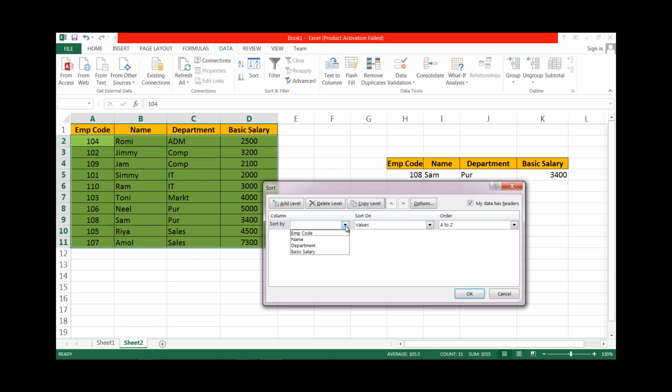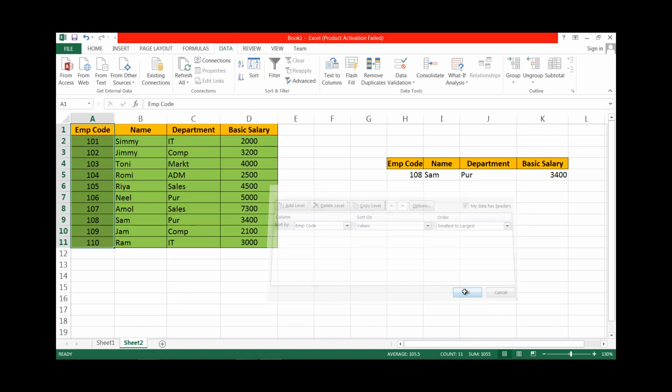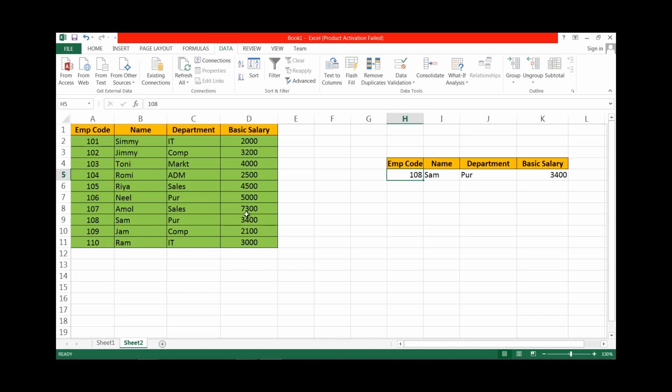Now suppose here we have, let us sort this. Sort by employee code. Okay, here we have data 101, 102, 103 till the 110. But suppose here by mistake we put like this, employee number is not present, then what happens? Here is the error, N/A, that is not found or not available. Then it is not a good impression to display like this error.